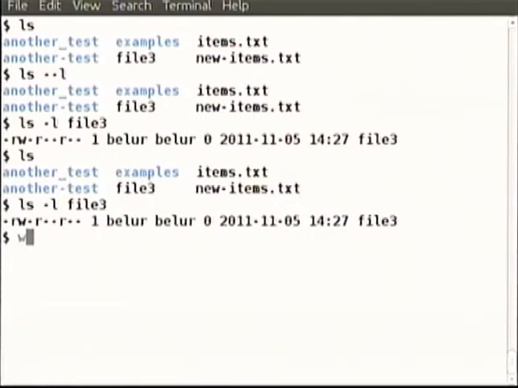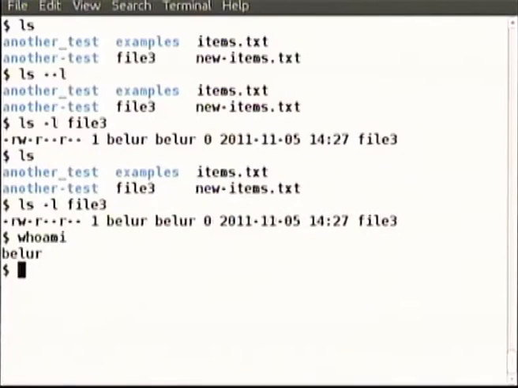How do we know we are the user? Another very important command that is not there in the slides is called whoami. If somebody has left that computer on and gone off, and you come on this computer, you want to know who has logged in and forgot to log out. Unfortunately, until that time you have to say whoami. Yeah, the computer will tell you that Belur has logged in. So whoami. Belur. Since the person Belur has logged in here, the owner of that file is Belur. Certainly the chmod command, when you execute it, will not give an error.